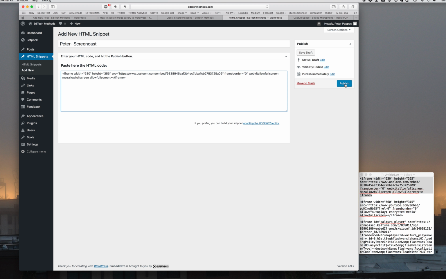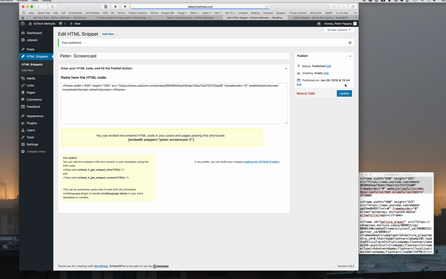It says publish. You're really not publishing this as a blog post. You're just kind of publishing it as a short code. So I click publish, and you'll notice now it gives me this embed code right here. It says you can enter this code in your posts and pages with this short code. So I'm going to highlight everything, including the brackets at both ends, and I'm going to do a Control C